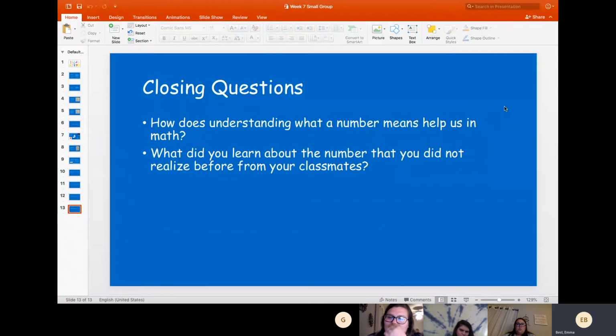how does understanding what a number means help us in math? That's something I think is a super important thing to think about. So does someone want to throw out an answer for that one? It gives math meaning instead of